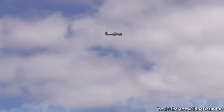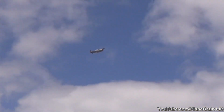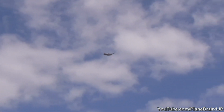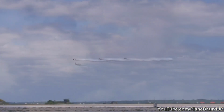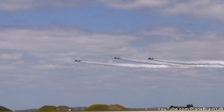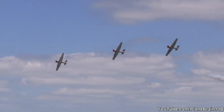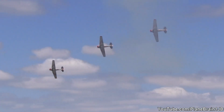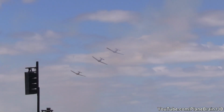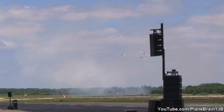As the solos clear the sky, watch for the rest of the formation right at show center. The Geico Skytypers will now demonstrate one of their signature formations known simply as the line of abreast. And now at the command of the leader, the Skytypers will execute that perfect 90-degree right turn and change the formation into a trail. Once in trail, they'll regroup into a more effective formation in order to continue on with